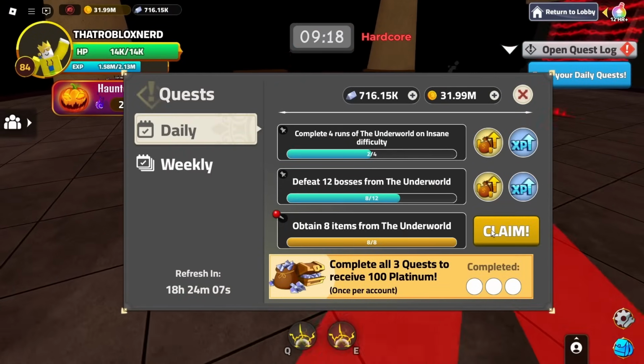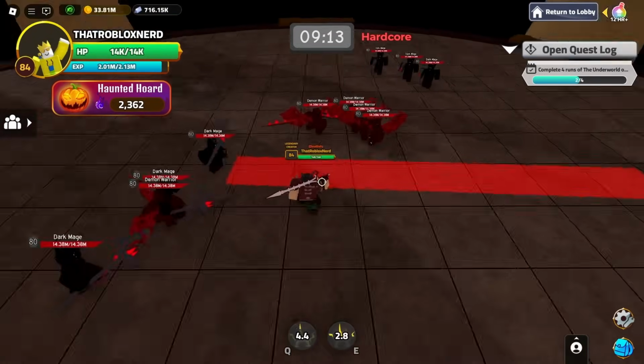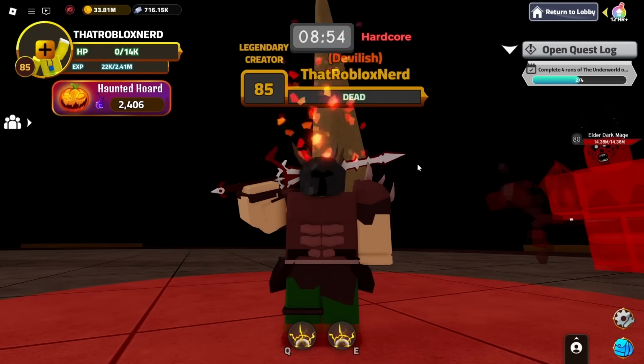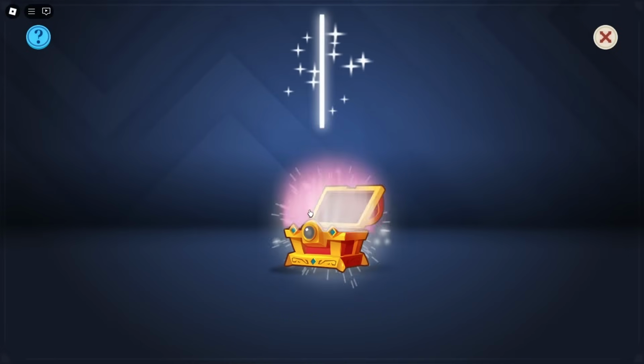And also, if we claim this quest, oh, we are very, very close to leveling up. Like this group of enemies and we're leveled up. And just like that, we are now level 85. And since we're in hardcore, I can just reset. And of course, collecting our daily reward gives us...